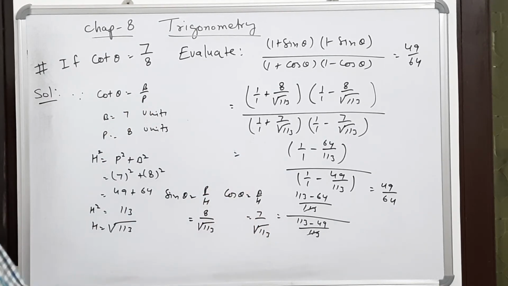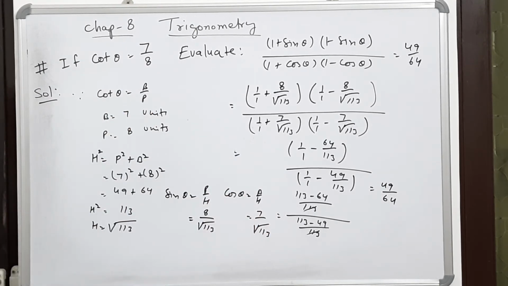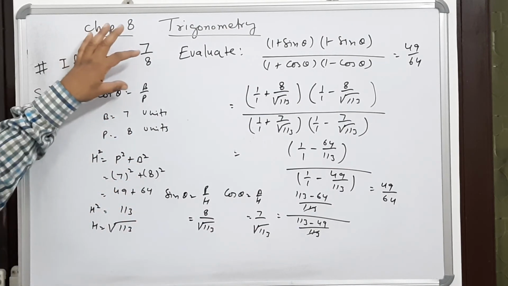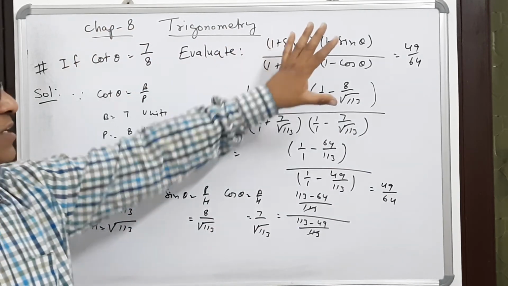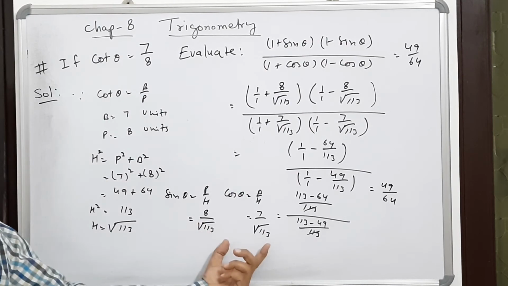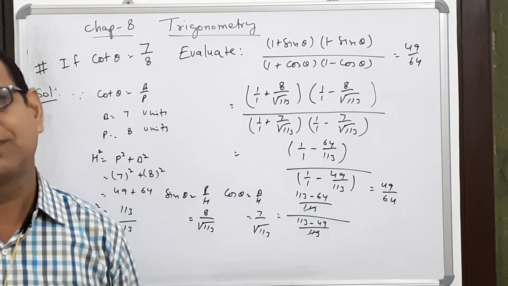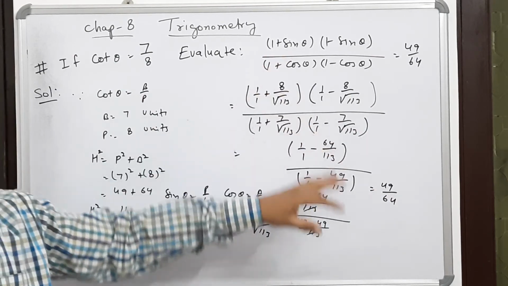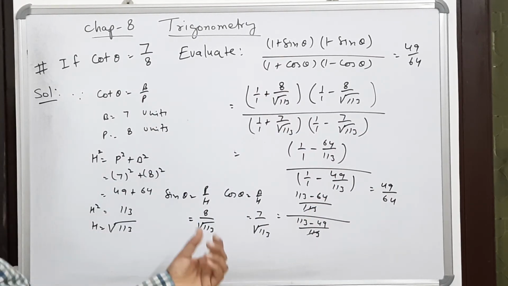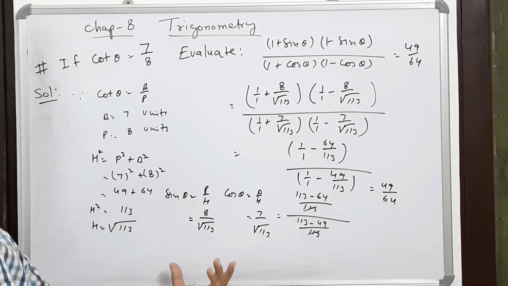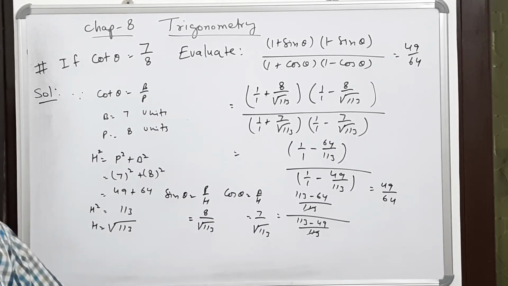This is the second type of sum, or I must say the third type of sum, where a trigonometrical ratio is given and some expression is there. First we have to calculate the ratios and then we replace these things in the expression and simplify. These types of sums are also important because they include the previous part as well. So solve more and more problems of this type. Thank you.